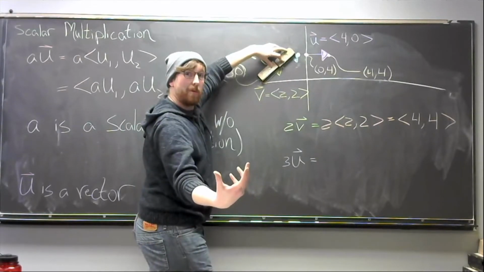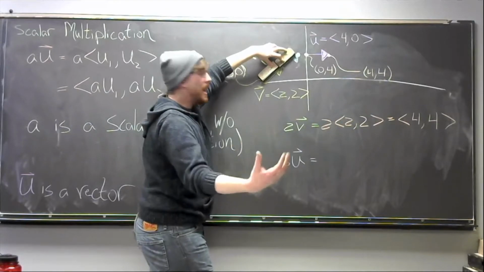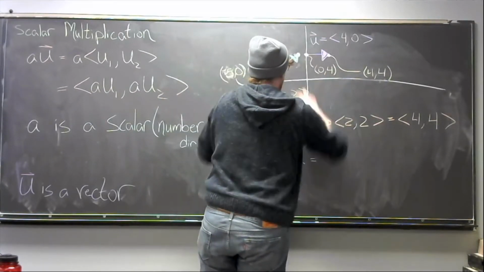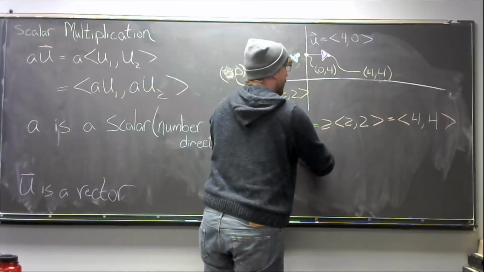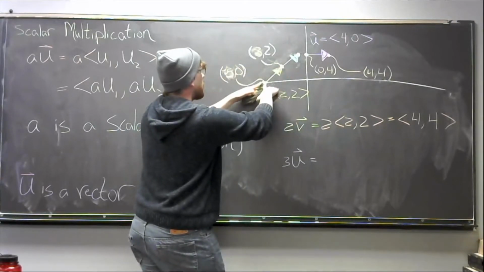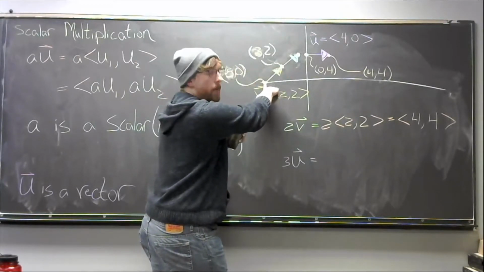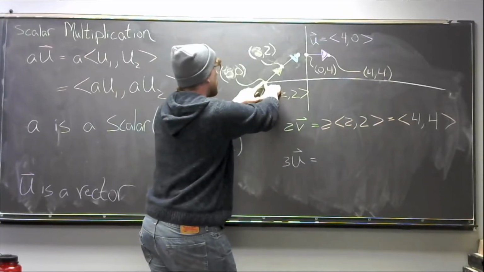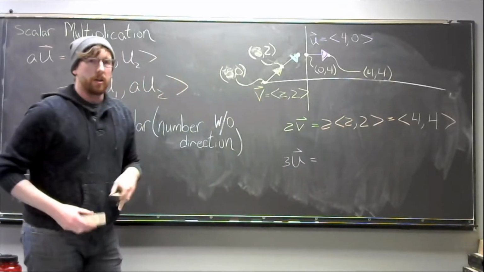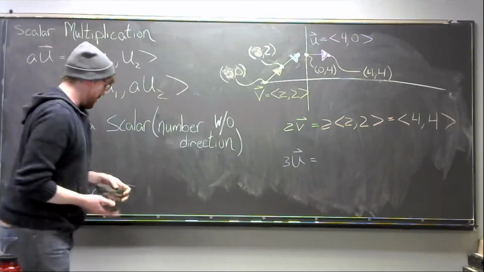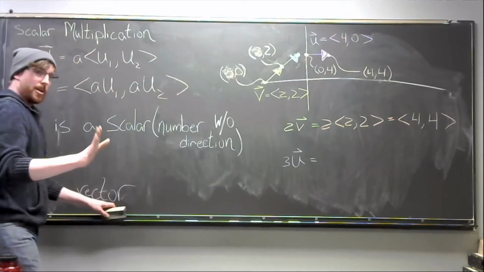It's the same vector that we would get if we took 2 times v and sat it where the initial end of v started. In other words, I know that's confusing. In other words,